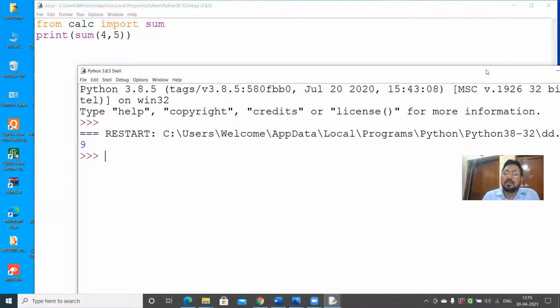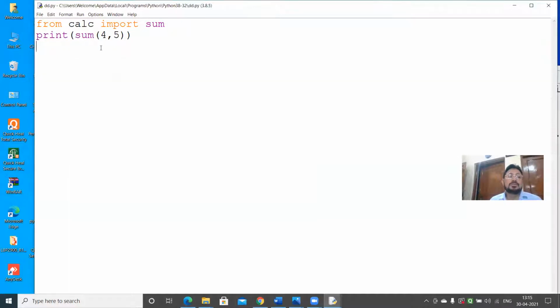So the problem was the module name. The module name is required when you are using the entire module. So note down this point, it is also given somewhere in the book: do not use the module name when you are importing an object. Now, hopefully the point is clear. So please do not use the module name. It is only required when you import the entire module.